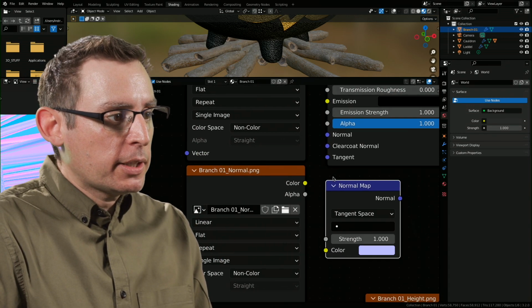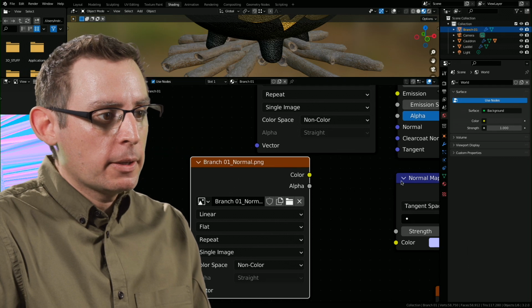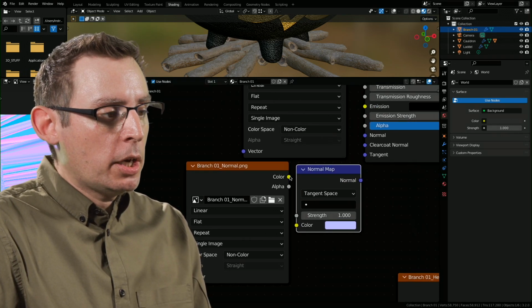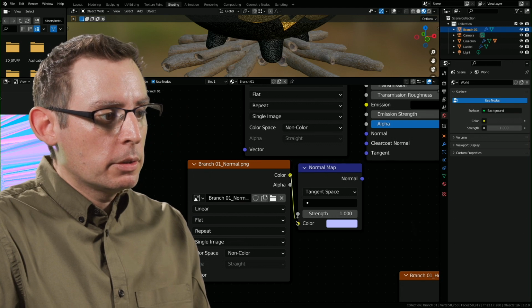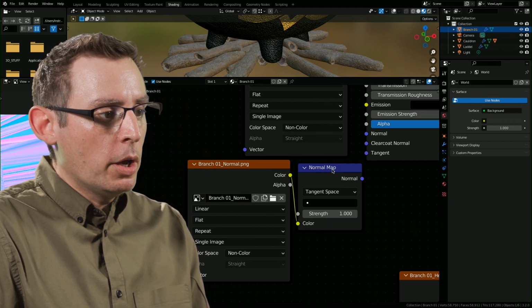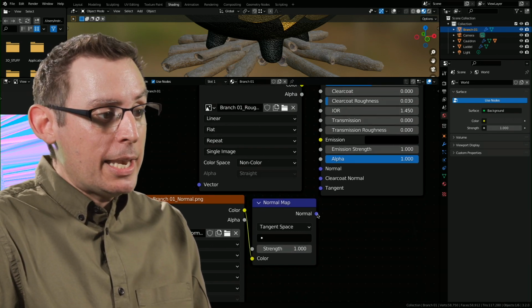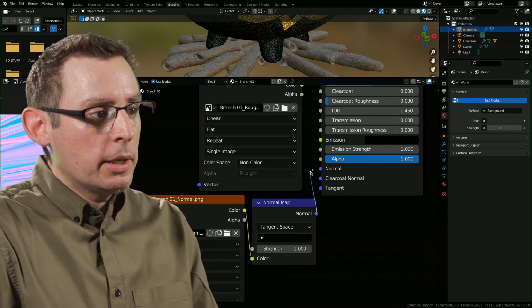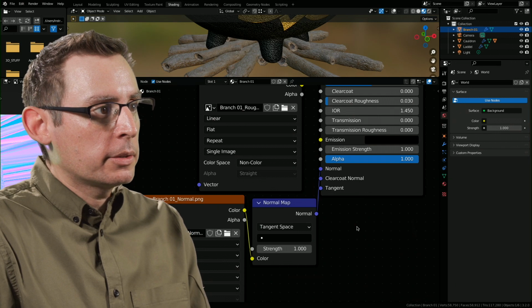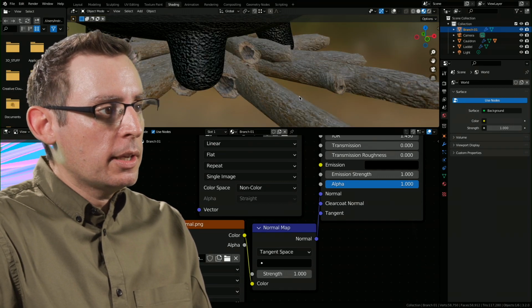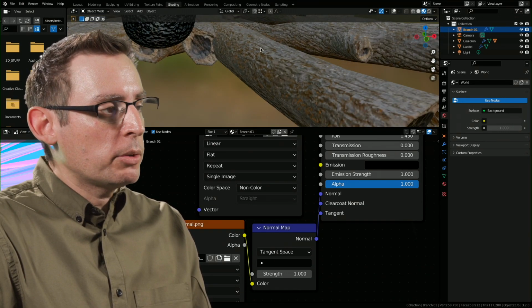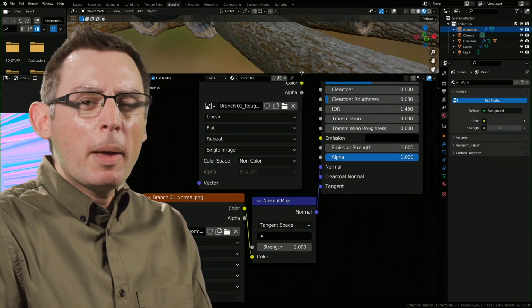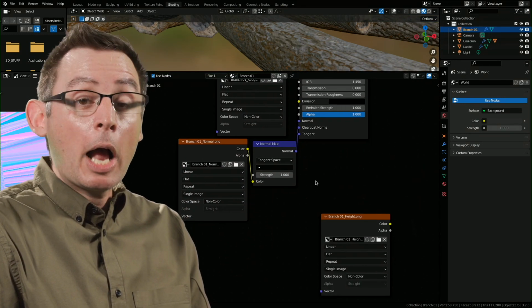And now, if you check this out, I'm running out of space here. I apologize. If you check this out, we're going to take the color from the image, wire it into the color input node of my normal map node. And now the vector information that goes out of the normal map node is going to get wired into the material properties. All right. And now we're starting to see the illusion of small little shadows and highlights that are coming from that vector information. Normal maps are kind of like fancy bump maps or height maps.